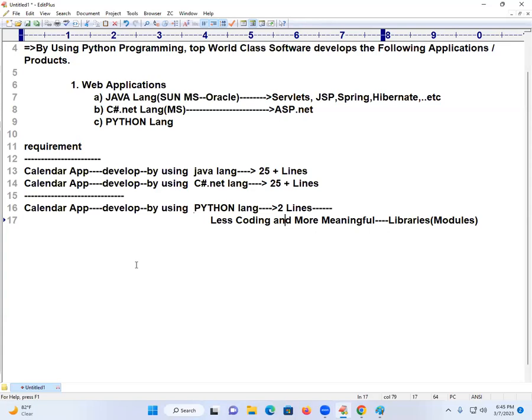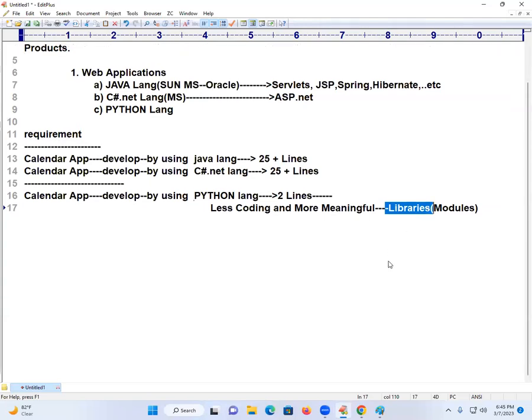In the software industry, to work on any application, what is compulsory? Libraries. Take any worker in normal life; they come with tools. Correct or not? If the tools are not there, it is difficult for the person to work. Even in the software industry, to work with applications, what is most important? Libraries. In C language, your libraries are called header files.